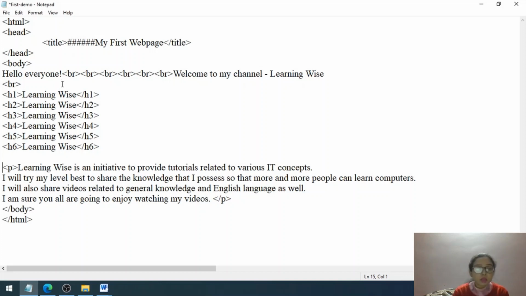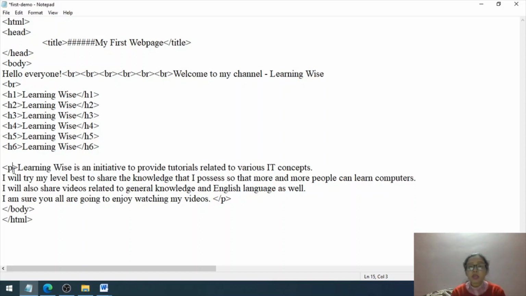Now, as I was saying, not every tag has got an attribute. You can look here, this BR tag is an empty tag, and this tag has no attribute associated with it. Coming to our paragraph tag, it has got one attribute, and that attribute is the align attribute. ALIGN.